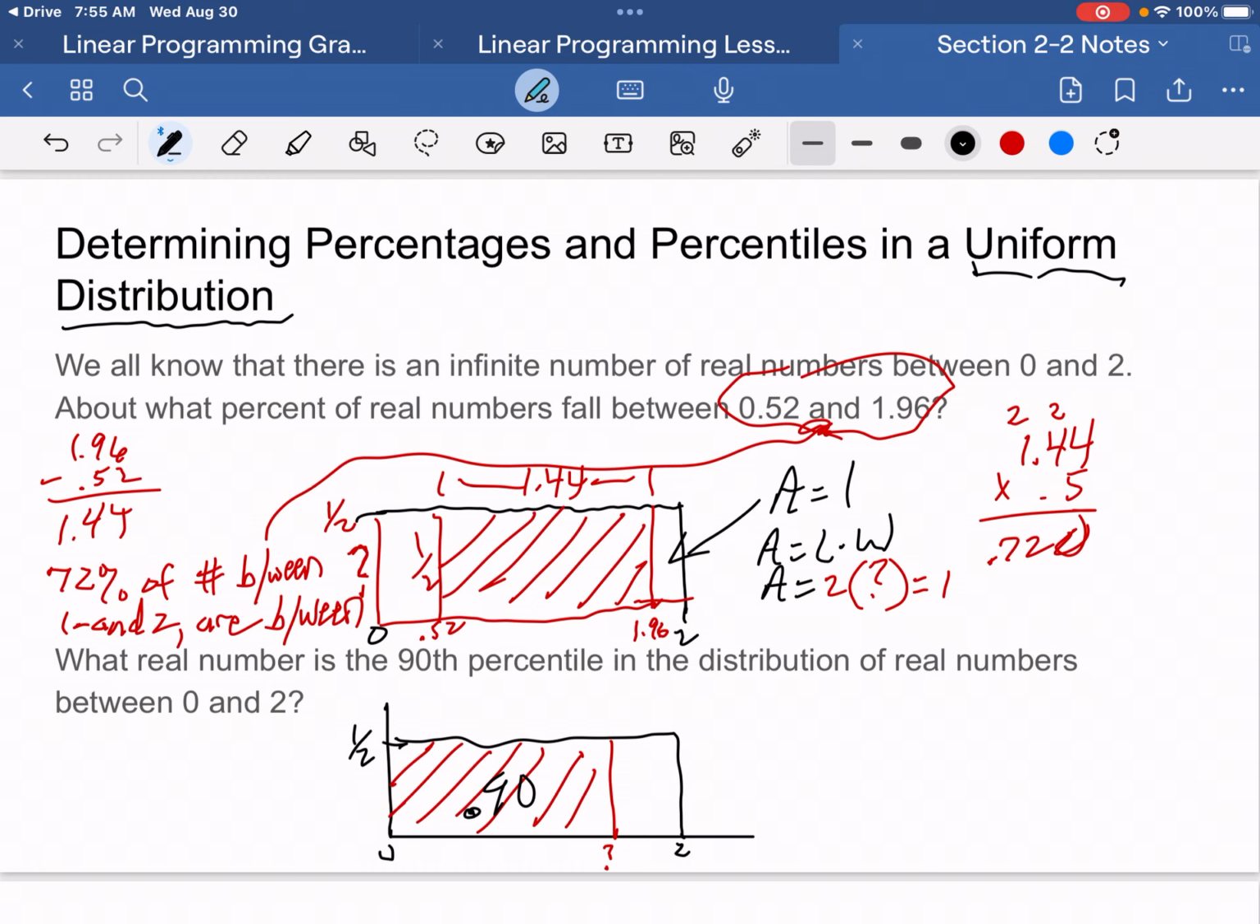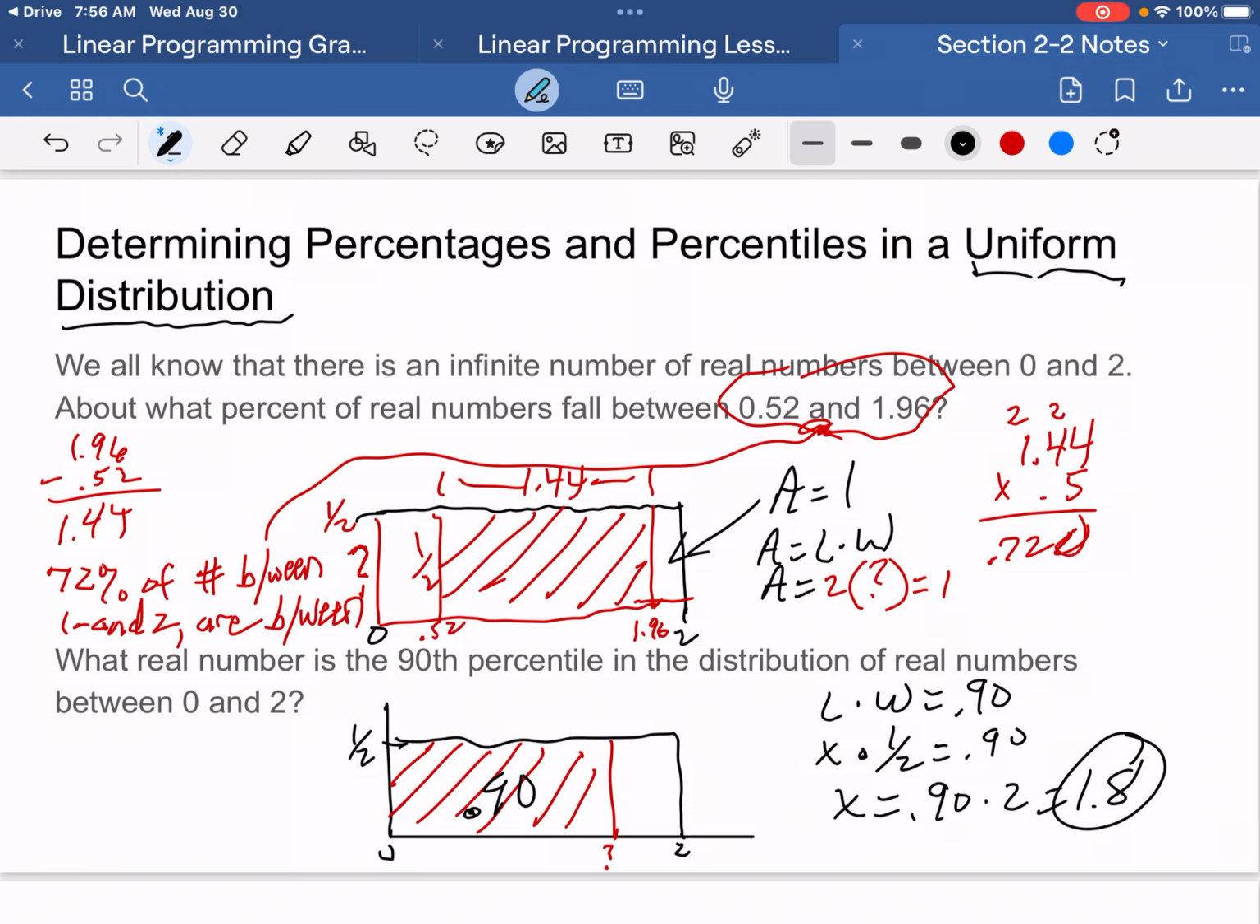So let's see, we need the length times the width to be equal to 0.90. So let's see, that's going to be x times a half equals 0.90. X equals 0.90 times 2, which is 1.8. So we say 1.8 is the 90th percentile. All right, so that's the first lesson,